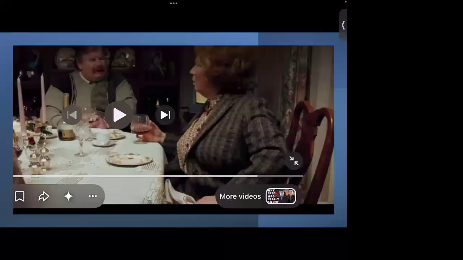I have a couple of different parts of this scene that we're going to go through to help us remember. In this scene, Vernon tells his sister Marge that Harry is in St. Brutus's. I'll give you a quote from the book. "St. Brutus's," said Uncle Vernon promptly. "It's a first-rate institution for hopeless cases." So Uncle Vernon was calling Harry basically severely autistic. So this can remind you that the first stage is the autistic stage.